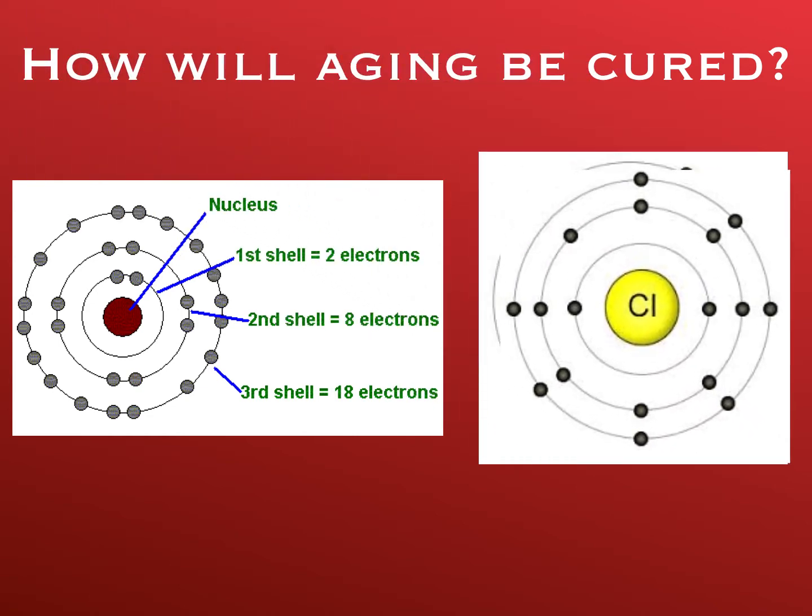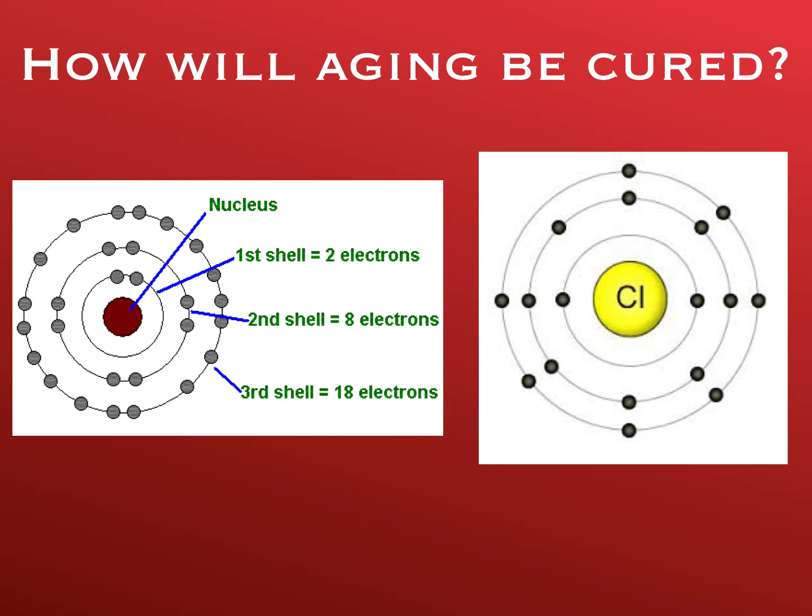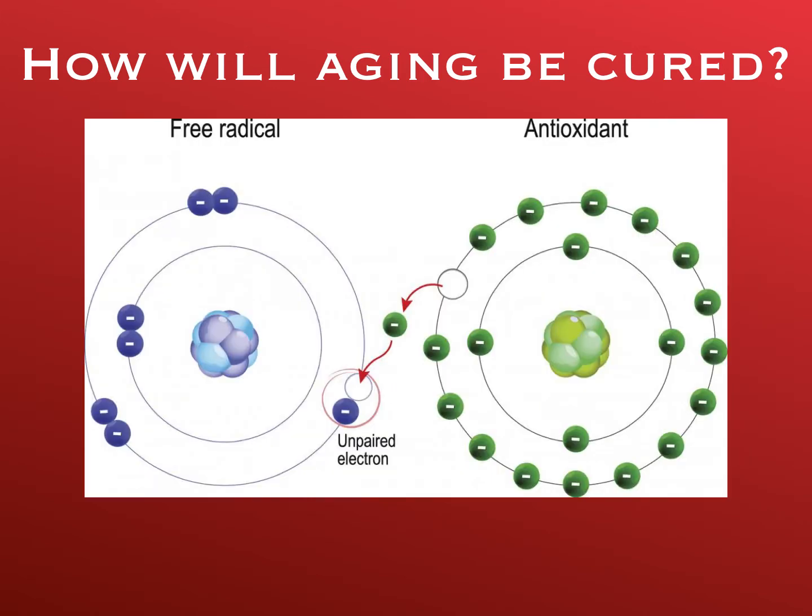In the chlorine, it's the opposite. The chlorine has 7 valence electrons, which means it's also very reactive because it doesn't have a complete outer shell. The complete outer shell needs 8 electrons, so in order for the chlorine to be stable, it must gain 1 electron. So now you may be wondering what this has to do with aging, so now I'll